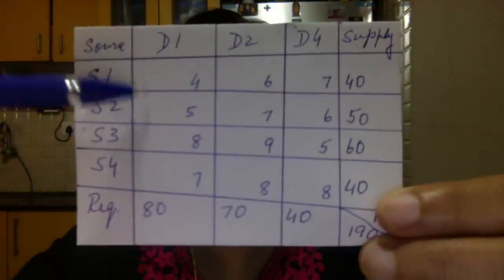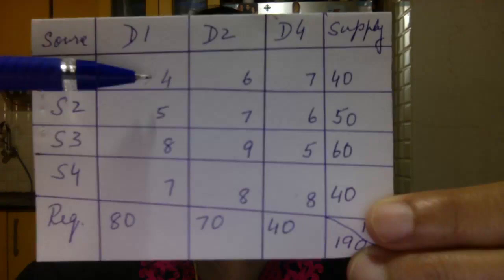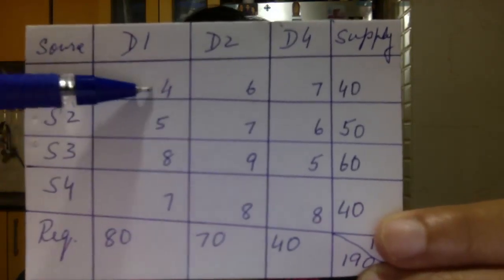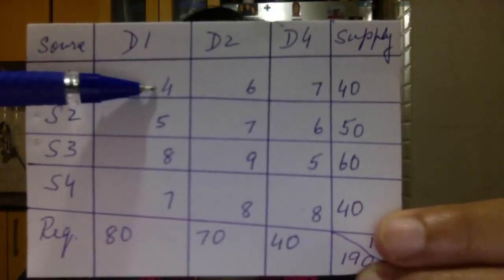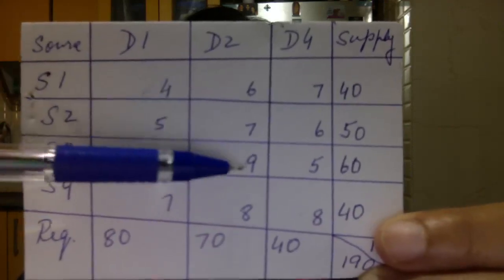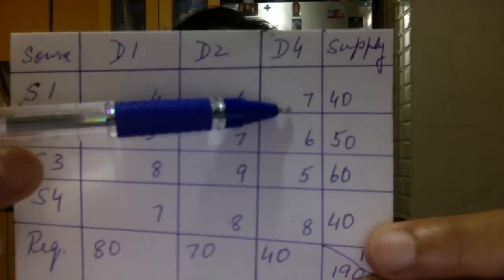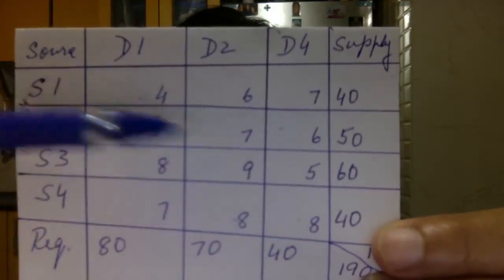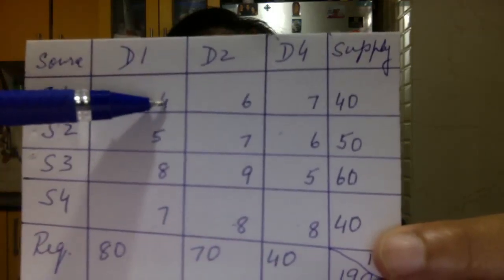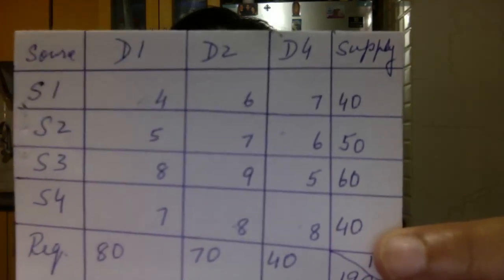Okay, fine. Now, look at the picture. In the first D1, it is 4, 5, 8, 7. 4 is the least. Next, it is 6, 7, 9, 8. No, 4 is still the least. 7, whatever. This is 5, 8. 4 is still the least. So we'll give to 4 first. Alright? We'll give to 4.